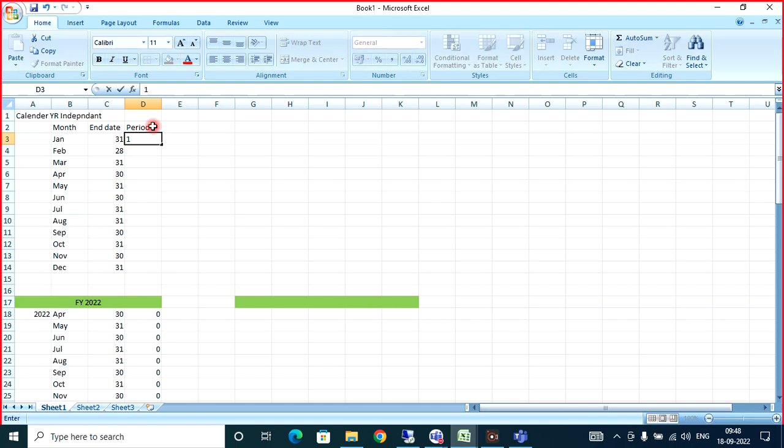Period: this is 1, second, third, fourth, fifth, sixth, seventh, eighth, ninth. Now the fiscal week, for example, activated. If you activate this fiscal week checkbox,